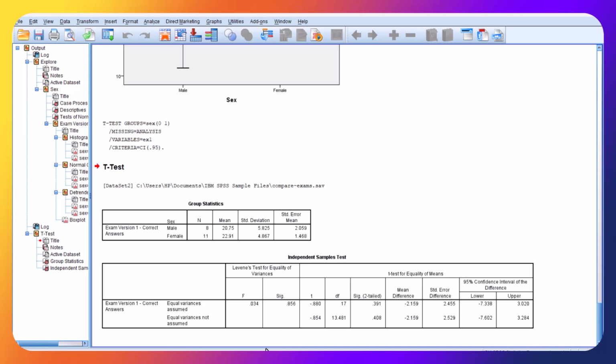So since that has been concluded, we will now move to interpreting our t-test. The mean difference is minus 2.159. The reason is that if we check here, you can see that female has a higher mean than the male. And according to the scope of the data set, a higher mean indicates a better performance. So the mean difference is negative, but it is not significant, so you will say that this negative difference, which indicates that females perform better than males in the sample,